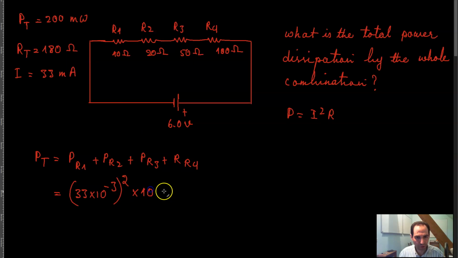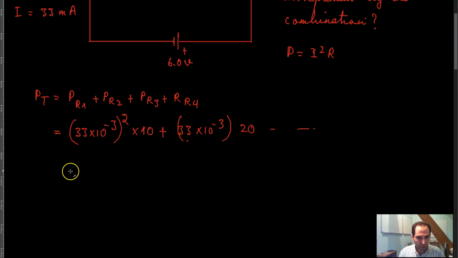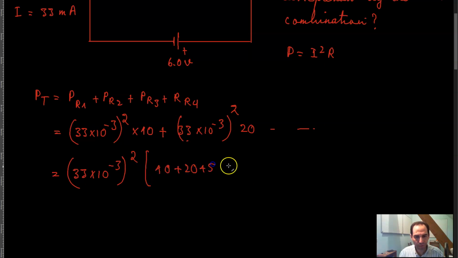plus again the same current going through the circuit. You can write it as 33 times 10 raised to the power negative 3, raised to the second power, times R2, which is 20. And as you can see, you can take the squared term out, and write it as 33 times 10 raised to the power negative 3, whole raised to the second power, times 10 plus 20 plus 50 plus 100, and all of these